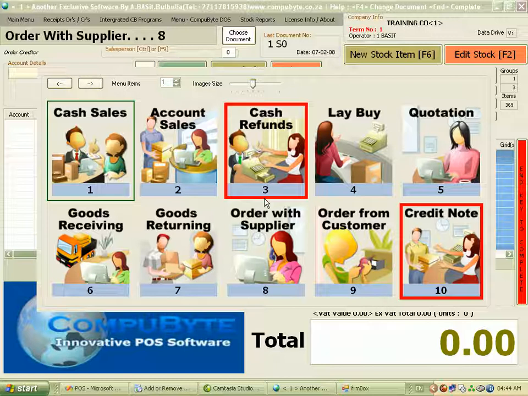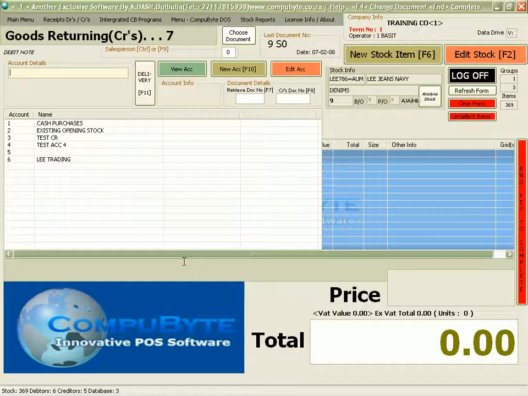In the last of the series of quick tutorials, we will look at returning goods to the supplier. If you look at your menu, you'll see it's item number 7. So you can move your cursor down, your arrow down, or you can just click on goods returning. You click on it, it asks you